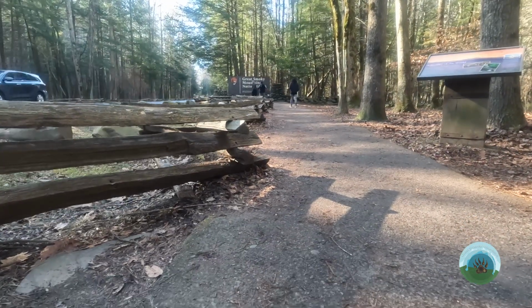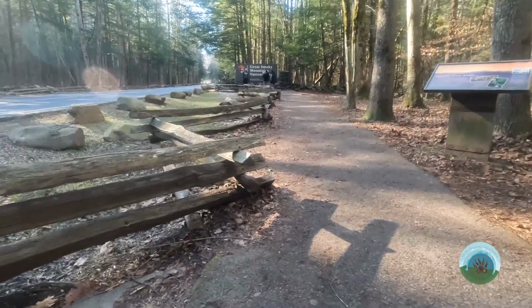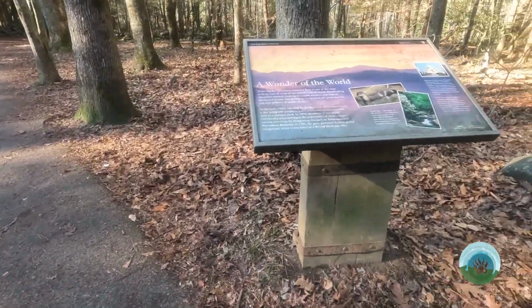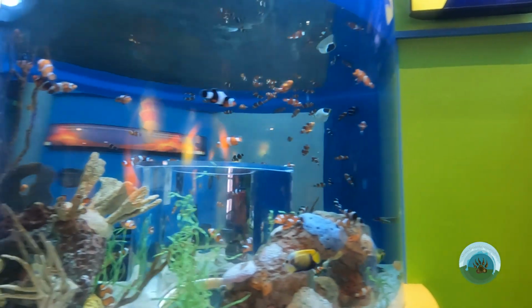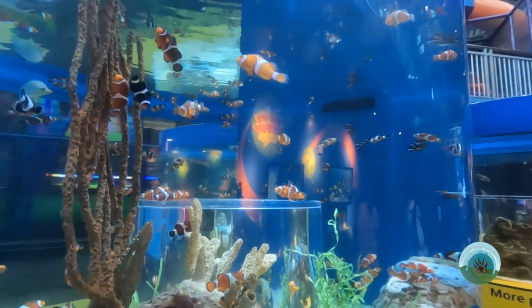It's true that the Smoky Mountains are a major tourist destination and see millions of visitors a year. But the average visitor is coming to see mountains and bears and to enjoy the fresh country air and possibly ride a train in Dollywood. Sea turtles and clownfish aren't at the top of their list of interests. Otherwise, you would think that they would have gone to a seaside resort area and hopped in the ocean to